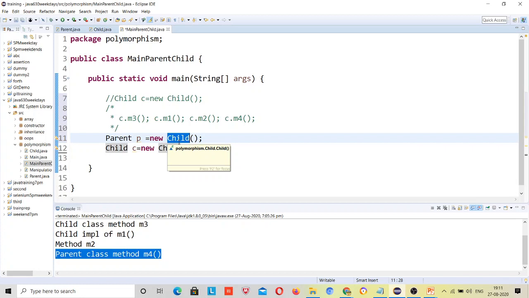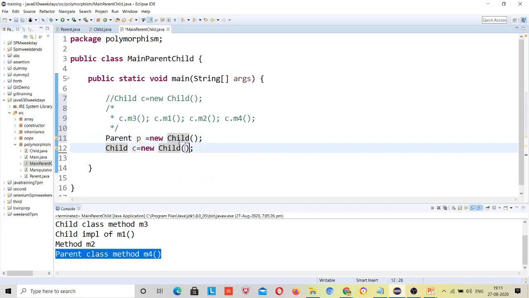If that method is present, then it comes to the child class. If it is present inside the child class, it will print the child class method, right? But if that method is not present in the child class, then it will print the parent class method, right? But this should be present inside the parent class. If this is not present inside the parent class, this is the error.